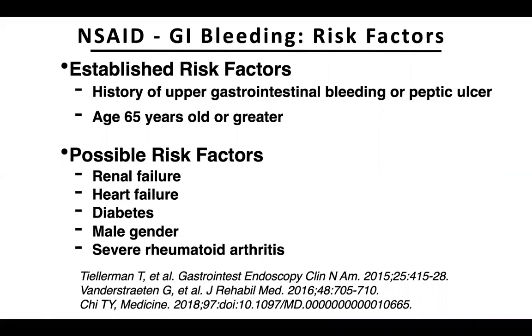So there are a number of risk factors. Ones that are established are a history of upper GI bleeds or a history of peptic ulcer, and being older. Some people use over 70, some over 60, but in any case, being older does seem to increase the risk. There are a number of possible risk factors that we've listed here. These are not as well established as the first two. But to give you an idea of the effect of age, on the next slide,